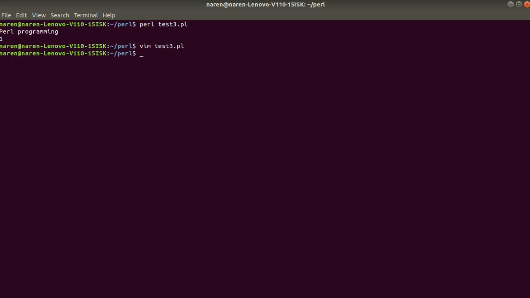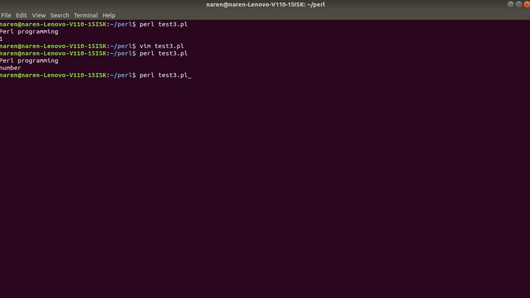Then we compile this file. Yeah, it's printing "number" only, it's not printing any value. It's assuming that number is a string, so that's why it's printing number.